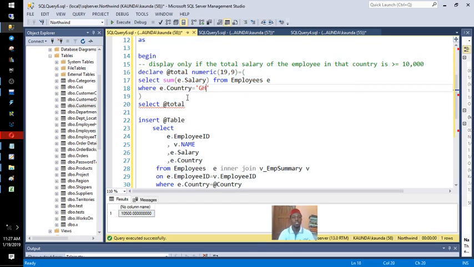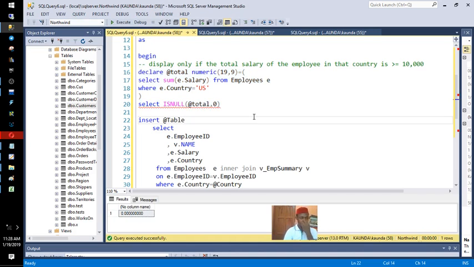For Ghana, this is the salary. And then for US, nothing, USA. Okay, then if it's null, then bring 0. So if here it's US, now instead of null,